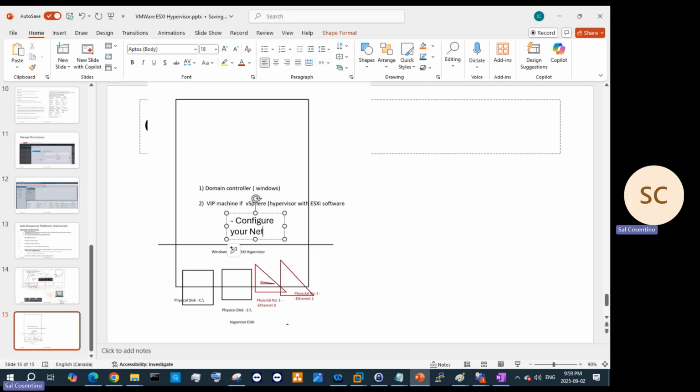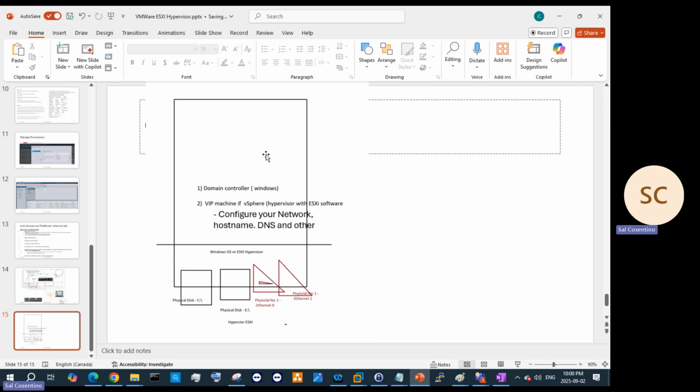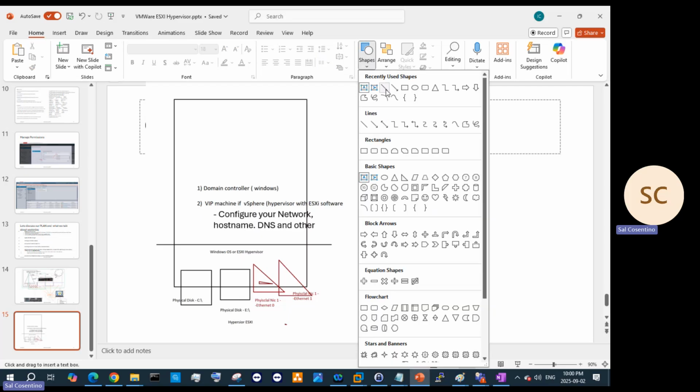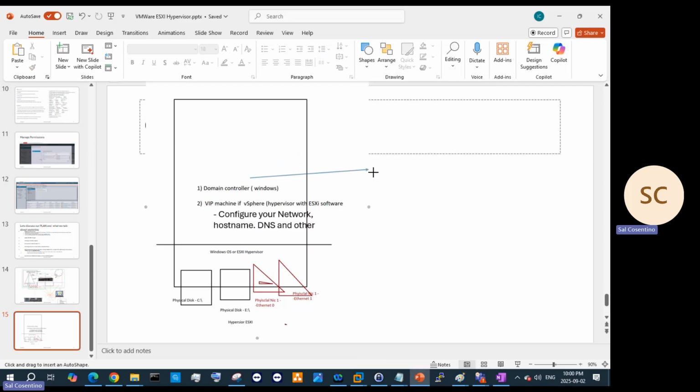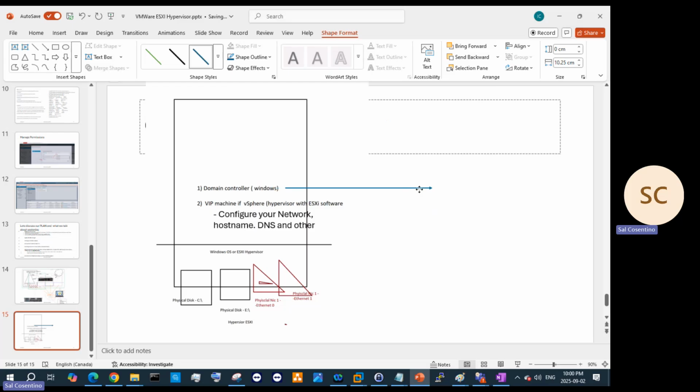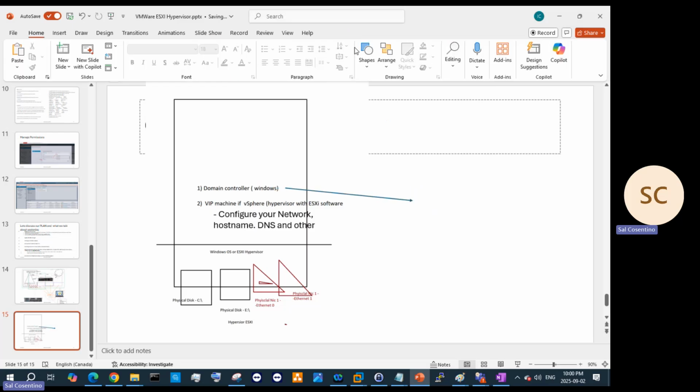your network, host name, DNS, subnet and other settings, right? That's what we're gonna do together, and we're gonna do this all together. Okay. And that's within that. And then within here, in our domain controllers, what we're going to do